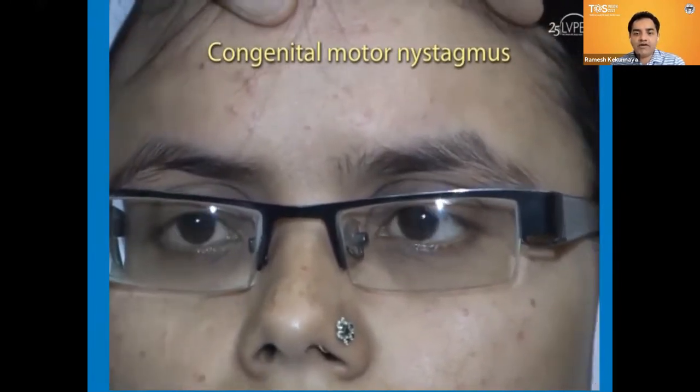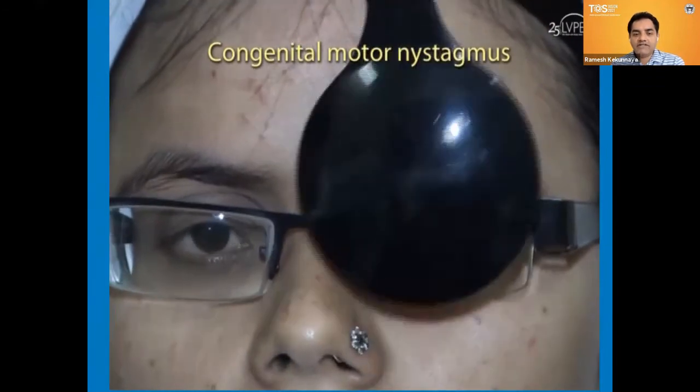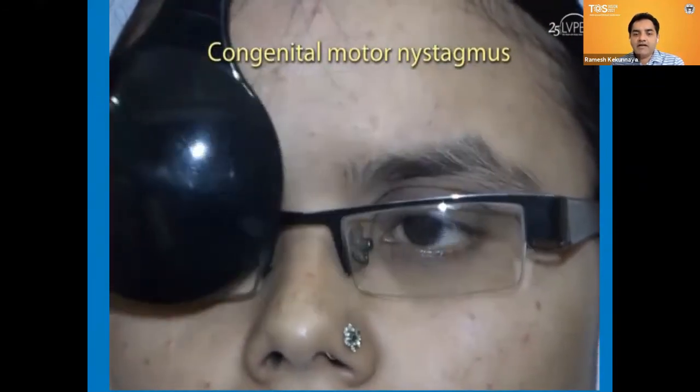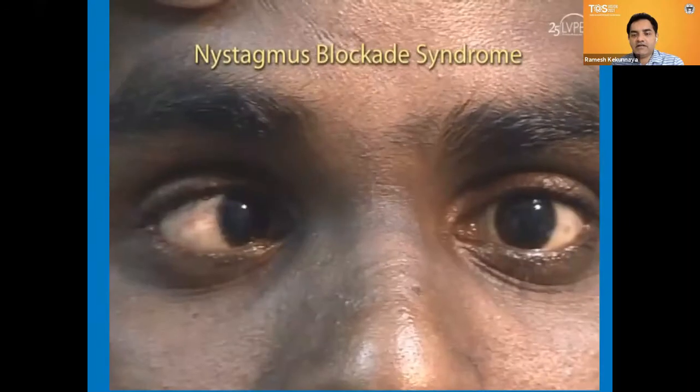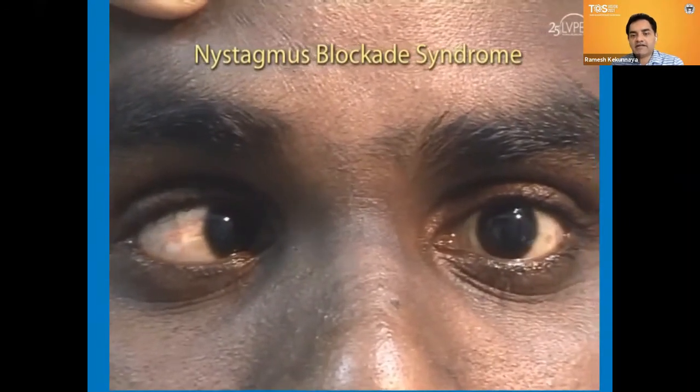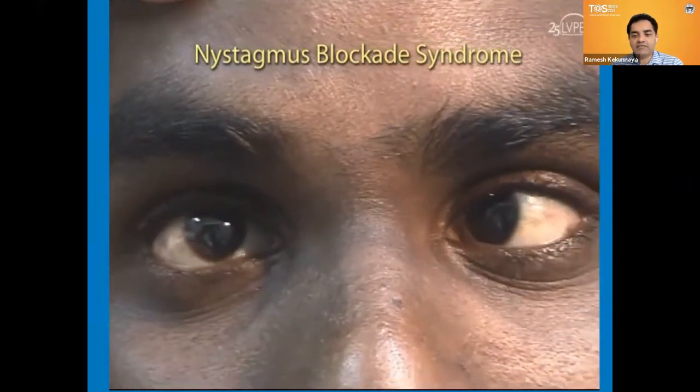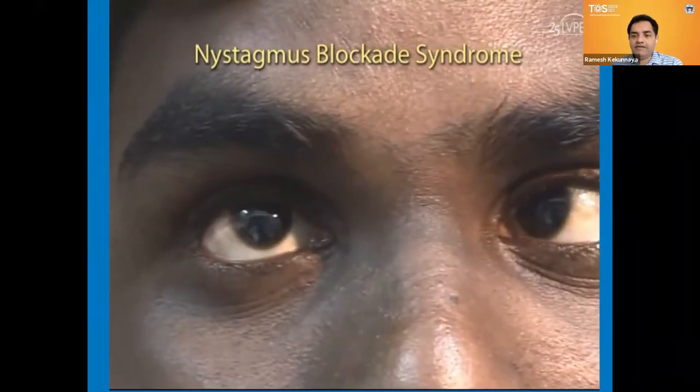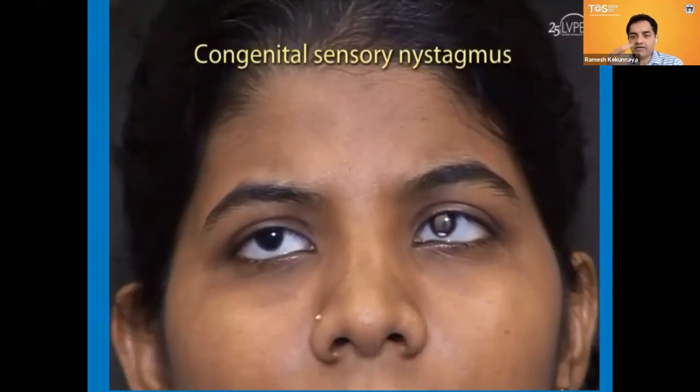You can see that on convergence, there is a dampening. On occlusion, you can see the latent part. This is one more example of nystagmus blockade. When the patient has that esotropia, there is less